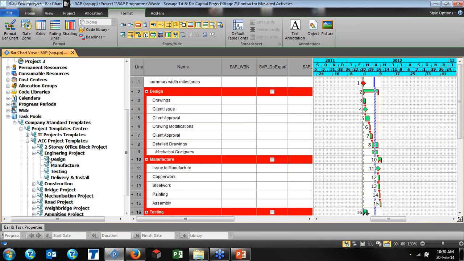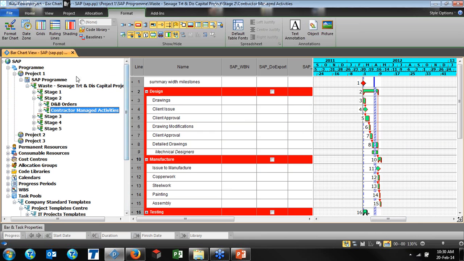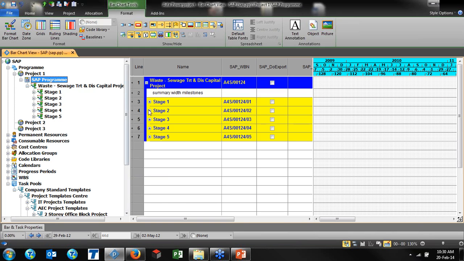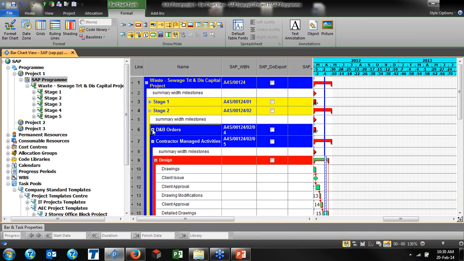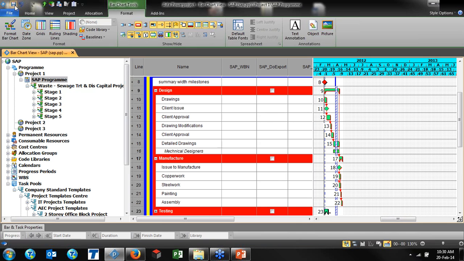And now let's see that this was the task flow part. It is very important because it is shortening your project preparation. Just simply you brought the data from the SAP, but it didn't include the activities, so you detail in the ASTA part for the activities. Now I can simply see that in the stage 2 I created schedule. Please see now in the contract managed activities, and I am seeing more information for this, and this is the detailed one. Now I can save my project and simply I can close this,